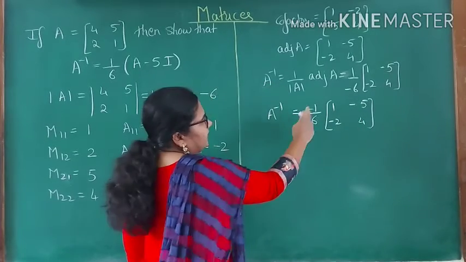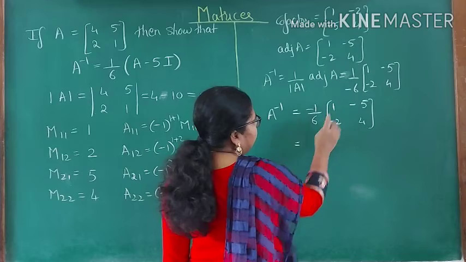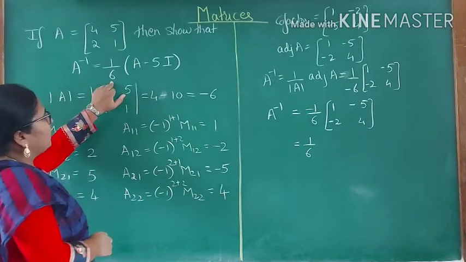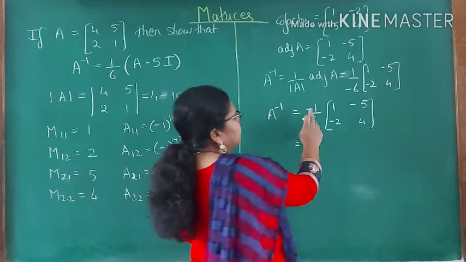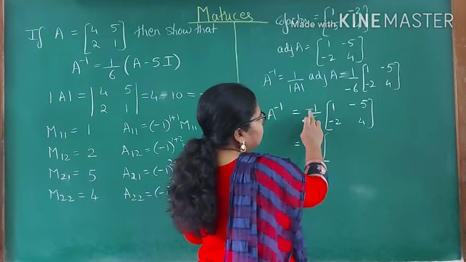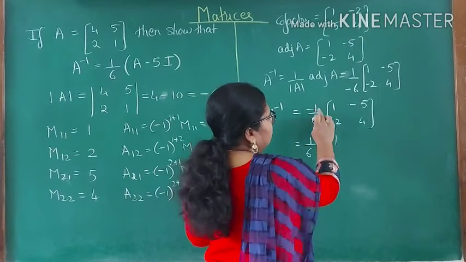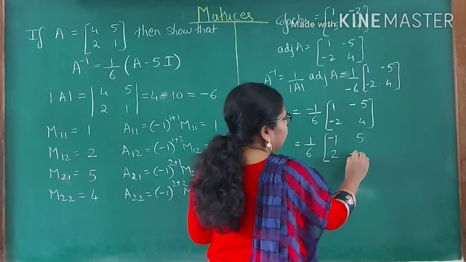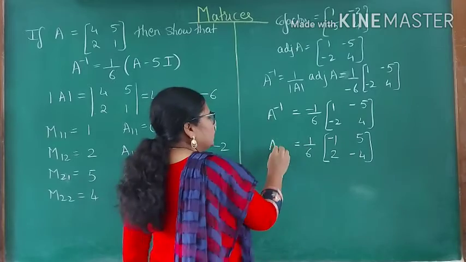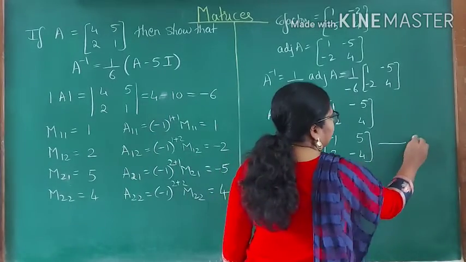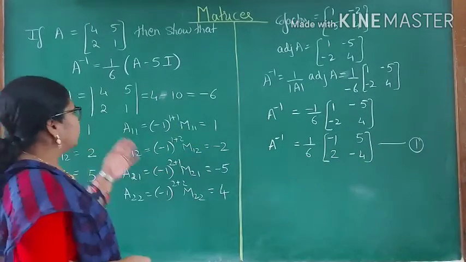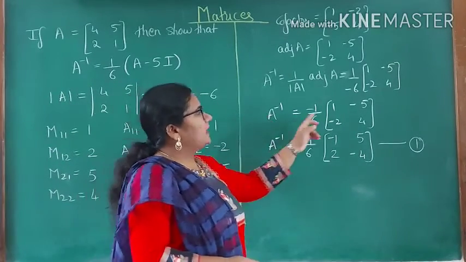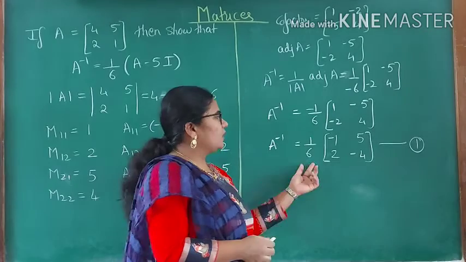If you want, you can multiply the minus sign inside. What it will become? 1 by 6 I will keep common out. See, in your lectures also 1 by 6 is there. So I can keep 1 by 6 common out. Inside you multiply this minus sign. So what this will become? Minus 1 into 1 is minus 1. Minus 1 into minus 5 is plus 5. This will become plus 2 and this will become minus 4. So this becomes your A inverse and you can name this as step 1. So determinant, cofactor, adjoint, inverse of a matrix, multiply the minus sign inside so that you get 1 by 6 into